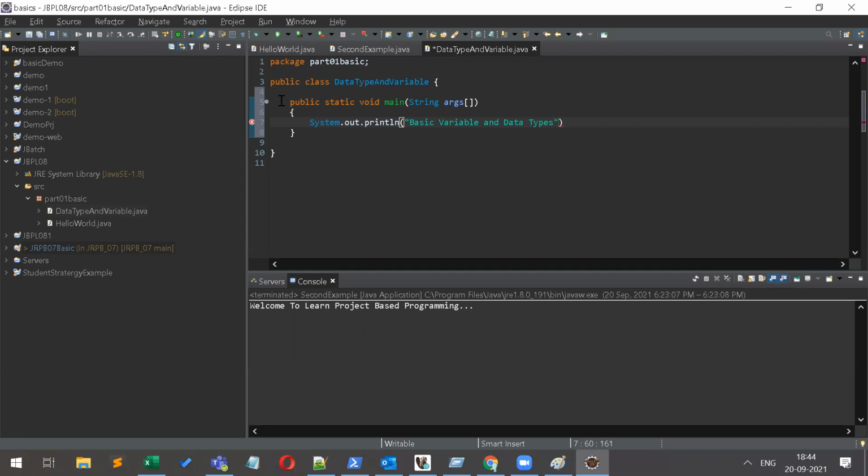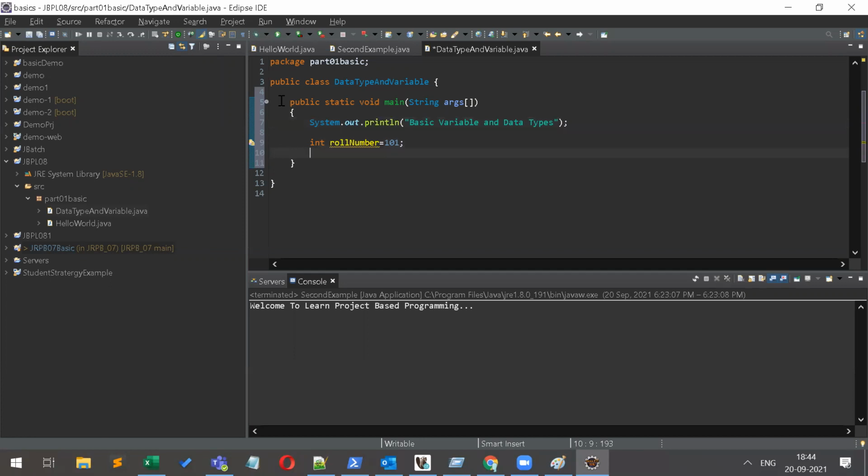So I am creating a few data types here. An int, roll number, let's say 101.